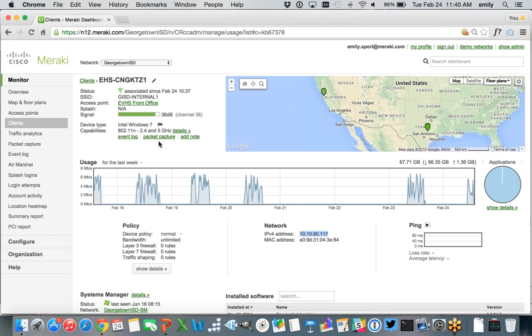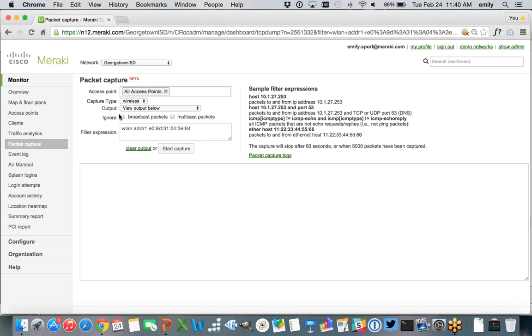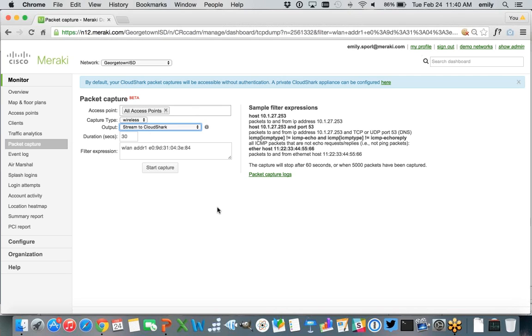You can even come in and do things like, if you have to troubleshoot this device, go in and run a packet capture perhaps. So some tools that are integrated into our dashboard include the packet capture. You can actually stream packet capture content to Cloud Shark. So if you wanted to do that and then provide a URL to your IT staff, someone can follow up and check out the packet capture. It's basically like having Wireshark but in the cloud, or if you prefer to actually download a PCAP file for Wireshark, you can do that as well. So lots of integrated functionality there.